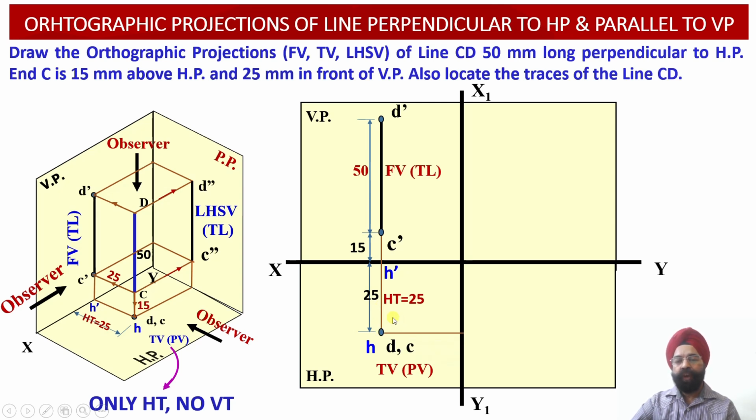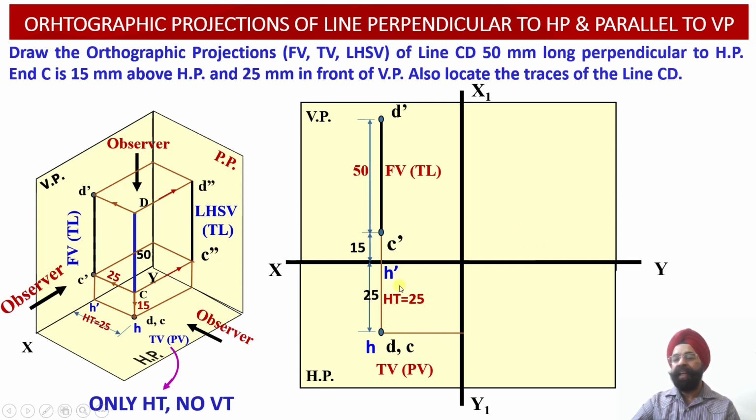Now having obtained the horizontal trace and front view and top view projections, we will proceed with the construction of the left hand side view projections corresponding to this particular line CD. So from the points D and C, once again as usual, this distance from the vertical plane is equal to 25 millimeter. So this distance has to be transferred in the profile plane from this x1 y1 reference